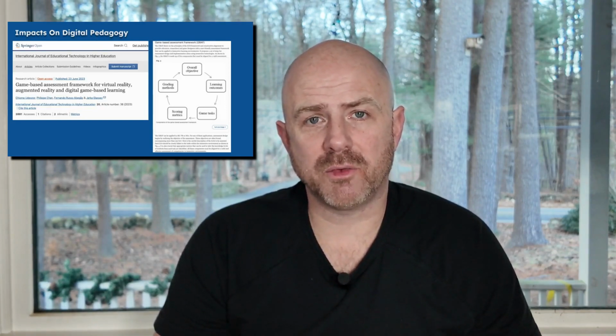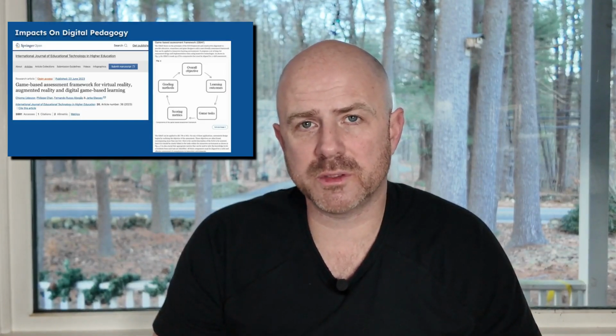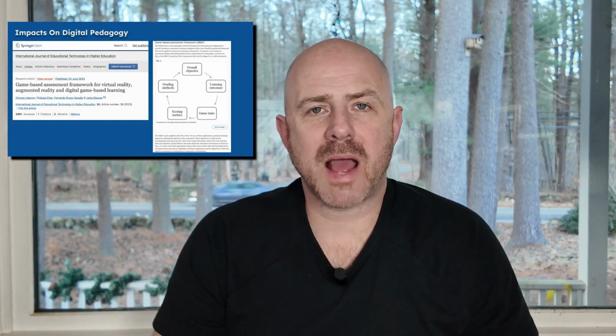In this particular game-based assessment, the students not only have an overall objective in which they are to address learning outcomes, but we see that there are also game tasks, scoring metrics, and grading methods that are all tied to the overall objective. So through the capacity of students having learning objectives, the tasks of the game in virtual worlds are going to modify and challenge students in different ways, which is going to challenge education to develop new types of learning assessment. Now let's talk about